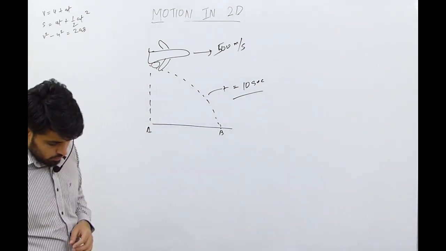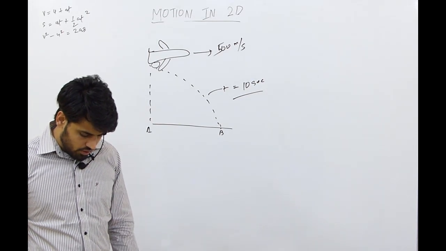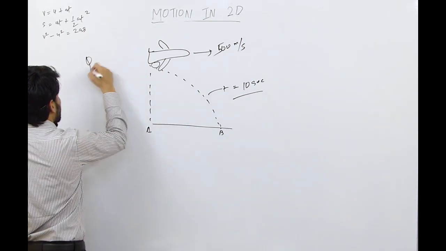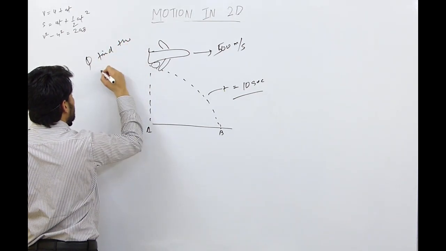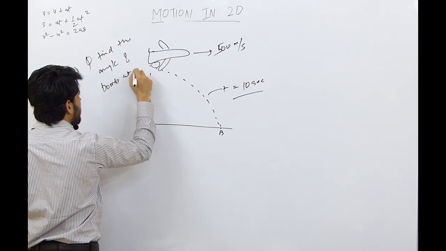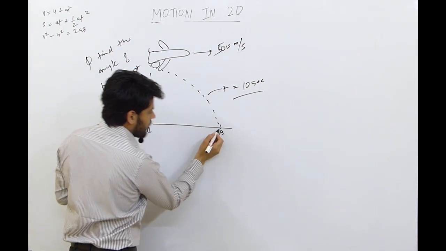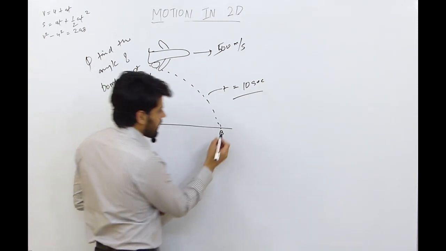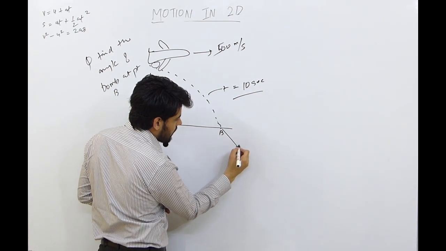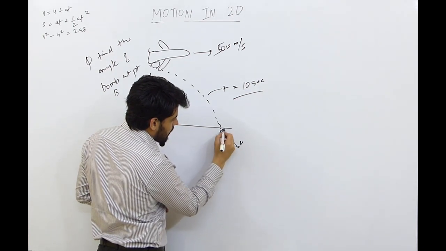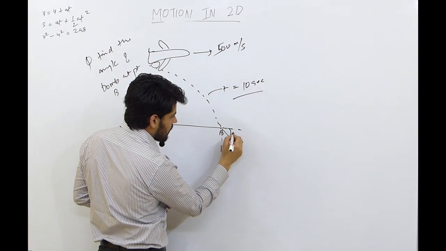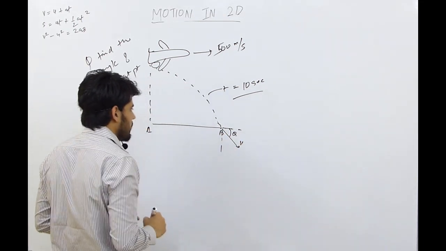So what he wants to ask: find the angle at which it strikes the ground. In this question, we have to find the angle of the bomb at point B. जब ये बॉम्ब बी ग्राउंड पे स्ट्राइक करेगा तो उसका क्या एंगल होगा वो निकालना है. तो ऑब्वियस सी बात है, जब ये स्ट्राइक करेगा तो ये बॉम्ब की वेलोसिटी होगा v, और इसका ग्राउंड के साथ जो एंगल होगा दैट विल बी this will be the angle theta.